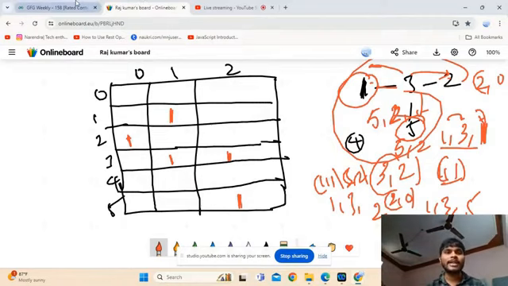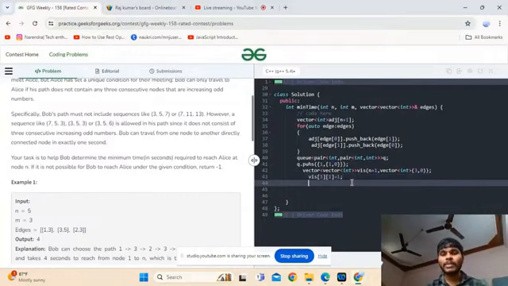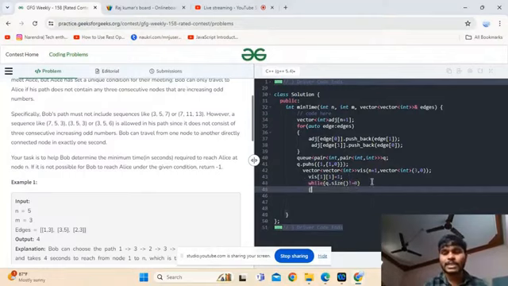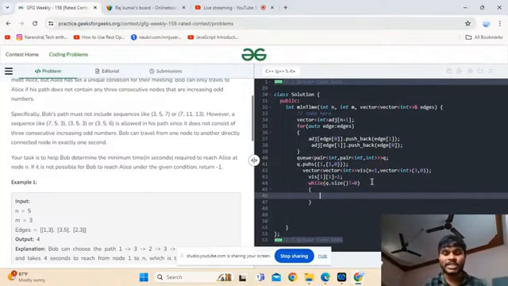Okay guys, I am doing the coding part now. Here, while q dot size is not equal to 0, I am taking the first element, pair of int comma int, p is equal to q dot front.